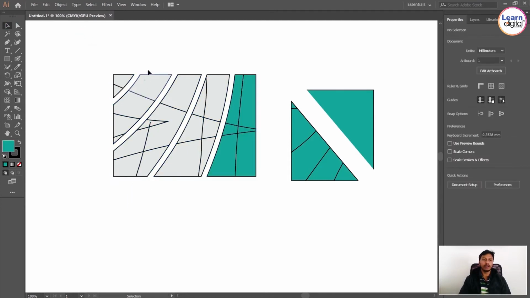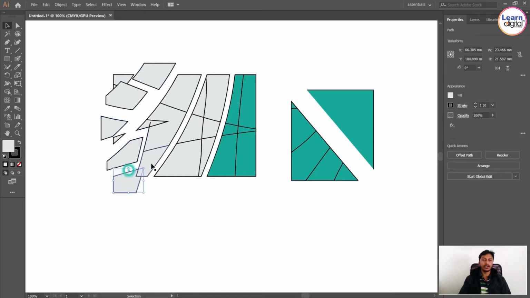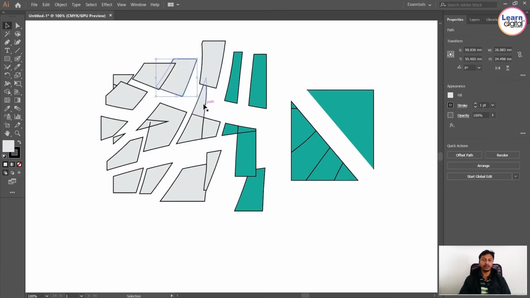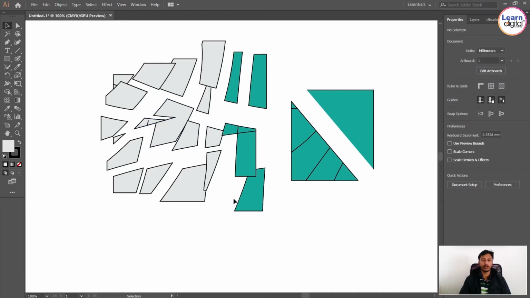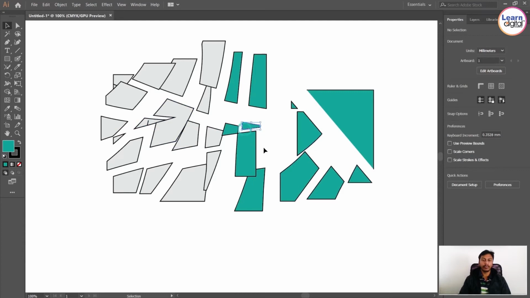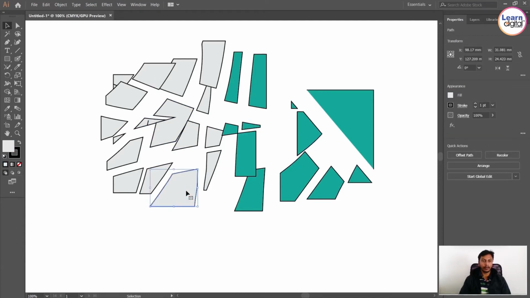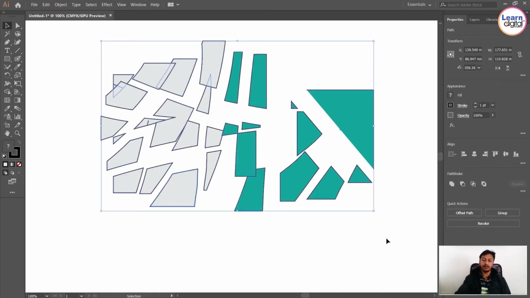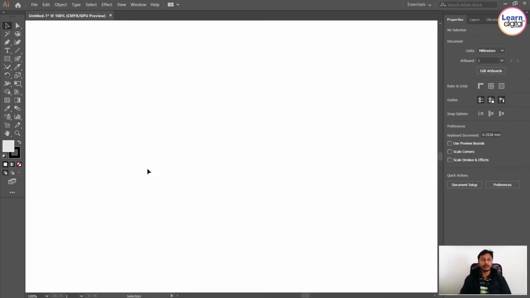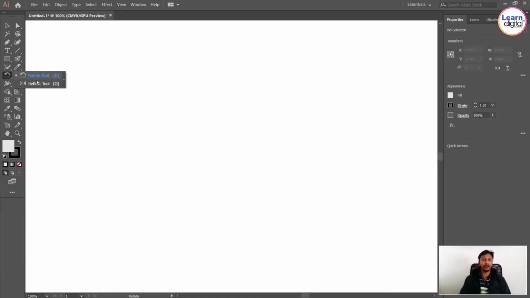Once the things are done, you can check. Each individual block is cut, so you can make changes to each individual piece. You can do some color changes also. You can play with different blocks also. So this is our knife tool. You can play with all these things one by one. Once you start any designing, you will get some idea of the main purpose of these things. And the next one is the rotation tool and reflect tool.